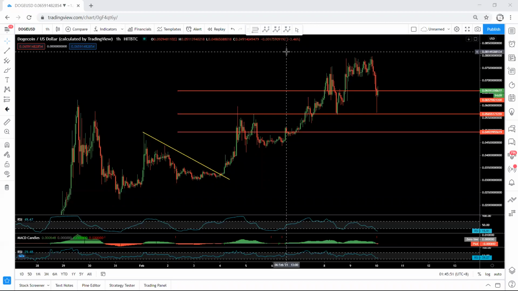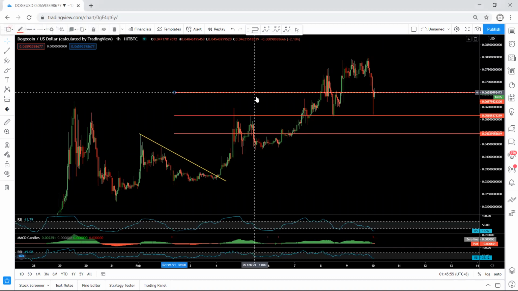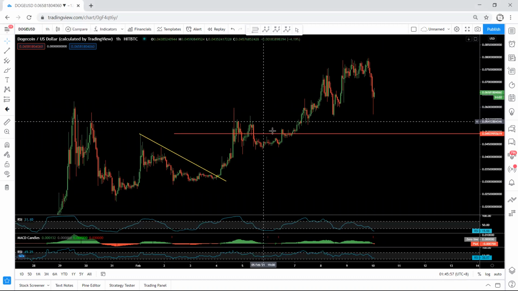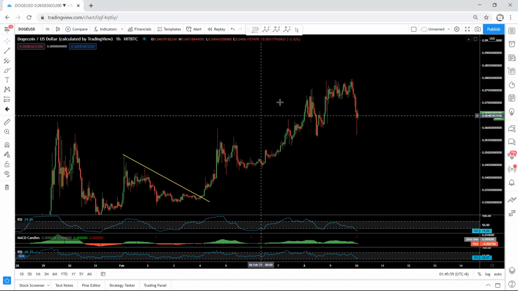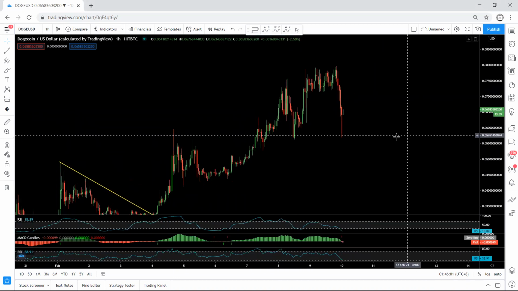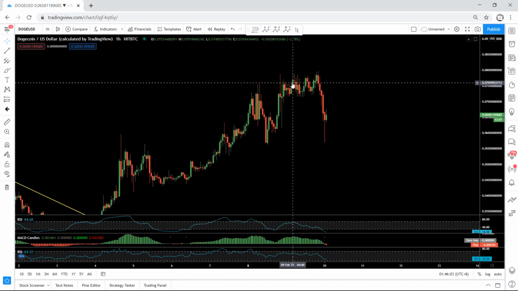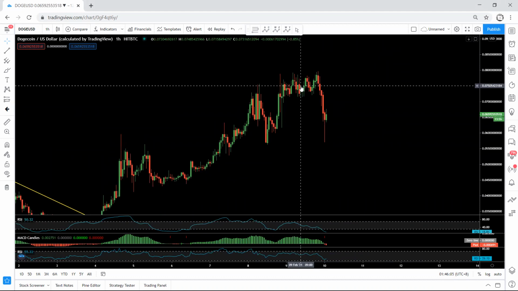Now we start with the 1 hour chart. First of all, I remove all these lines because we don't need them anymore. Second, if we refer to our analysis in my last video, when the price was here, we analyzed